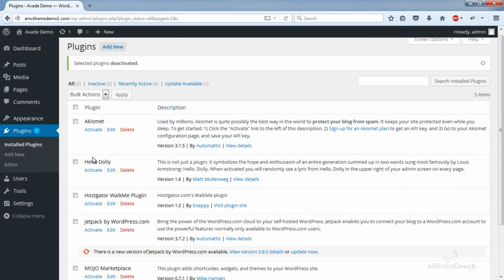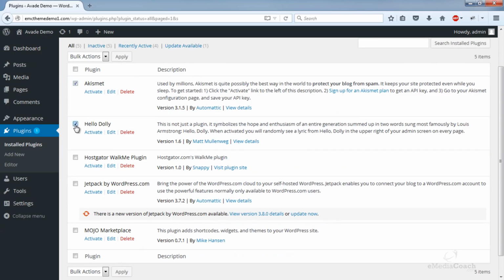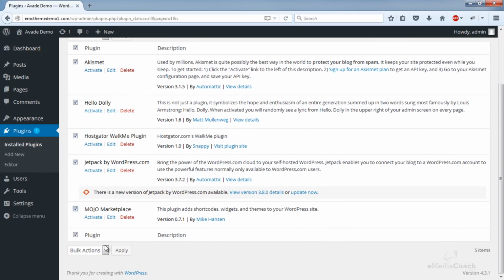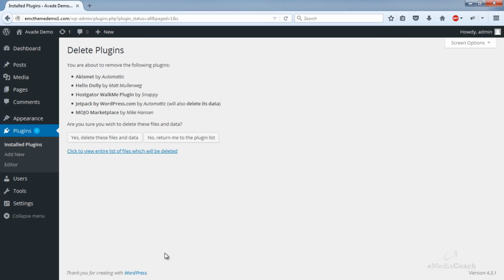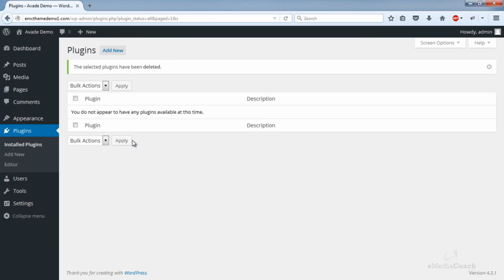They'll all be deactivated, and then you can even go in and delete all of them, because you don't need them at all. We will be installing plugins later on, and I'll show you exactly which plugins you need to install. So yep, we want to delete all of these files and data. Cool.